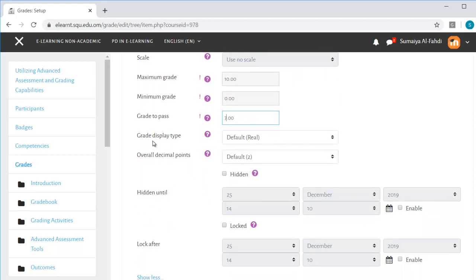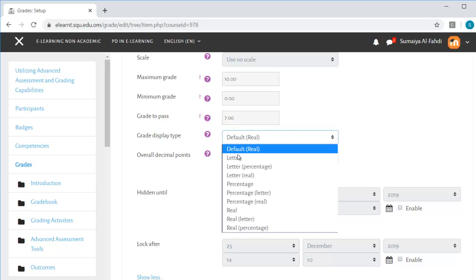You can also choose the grade display type. We have three display types: real, letter, and percentage. Real shows the value or actual grades. The letter is where the grade is represented by letters or words, for example A, B, C, and the percentage will show the percentage